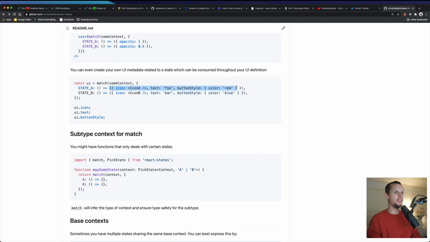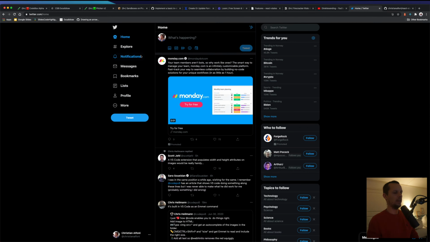But this object changes based on the state. As you can see here, it has a different icon, different text, and a different button style. This allows you to express the button icon, the text, and the style in one go in the JSX, right? And related to this, I wanted to show you something.